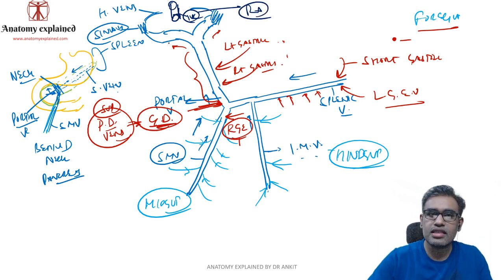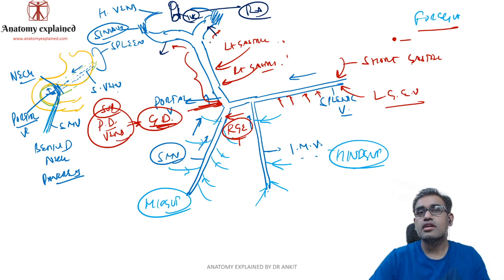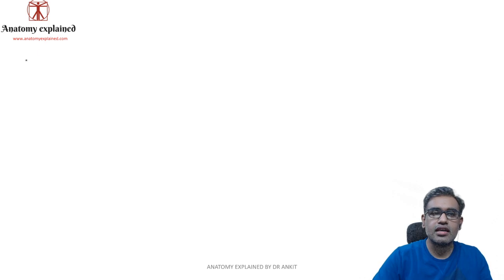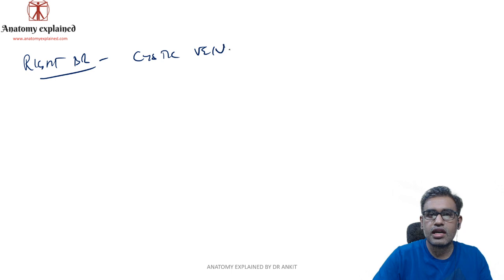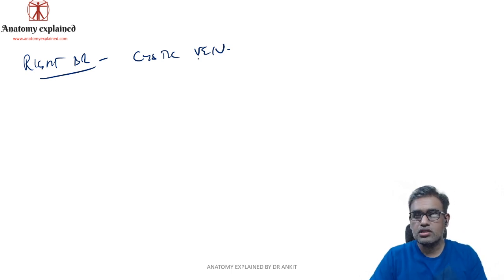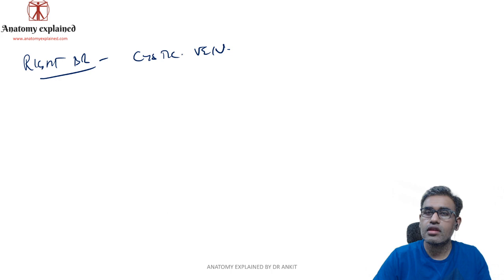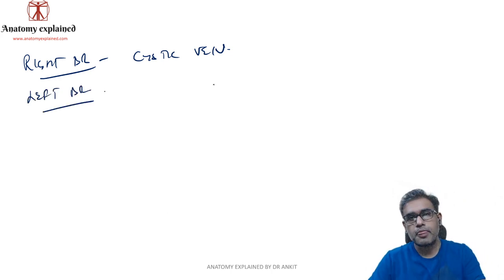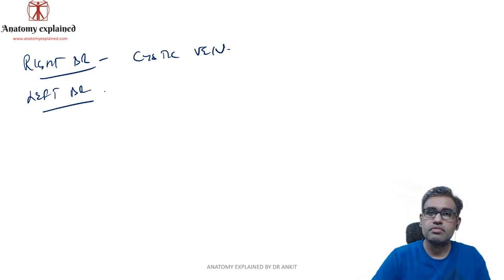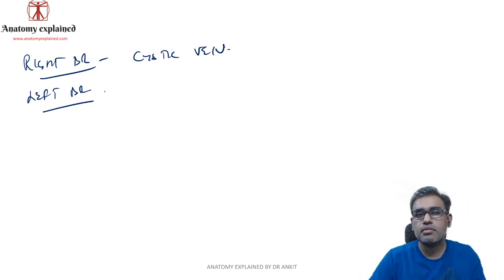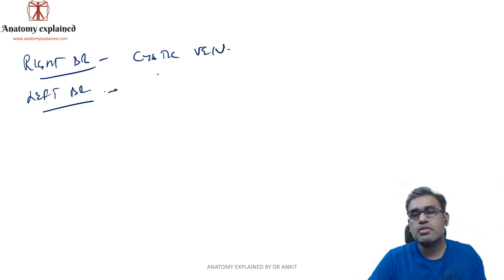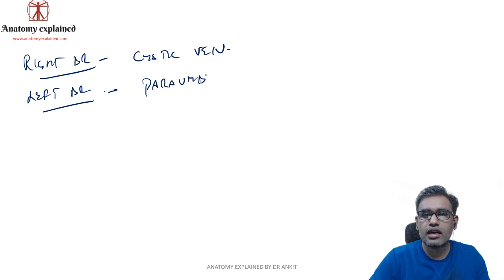Now, is there any other vein which drains into the right and left branches of the portal vein? Yes. Into the right branch of the portal vein is the entry of the cystic vein, because the cystic artery normally comes from the right hepatic artery. The cystic vein is on the right side and enters the right branch of the portal vein. For the left branch of the portal vein, if you remember a little embryology, the left umbilical vein, which later became the ligamentum teres, directly communicated with the left branch of the portal vein. So there are veins around that ligamentum teres, which are known as para-umbilical veins.